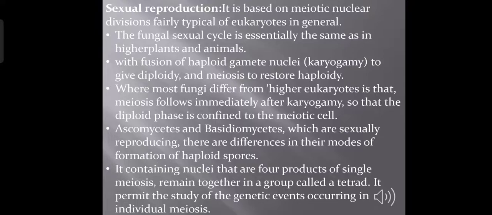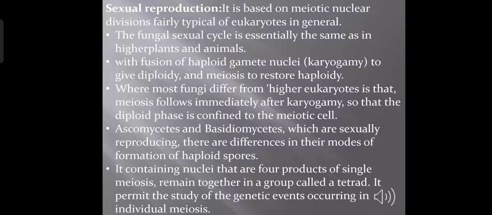Sexual reproduction is based on meiotic nuclear division, fairly typical of eukaryotes in general. The fungal sexual cycle is essentially the same as in higher plants and animals, with the fusion of haploid gamete nuclei, that is karyogamy, to give diploidy, and meiosis to restore haploidy. Where most fungi differ from higher eukaryotes is that meiosis follows immediately after karyogamy, so that the diploid phase is confined